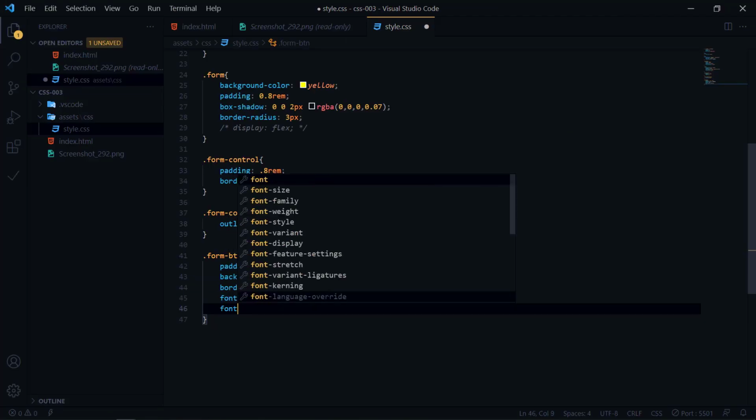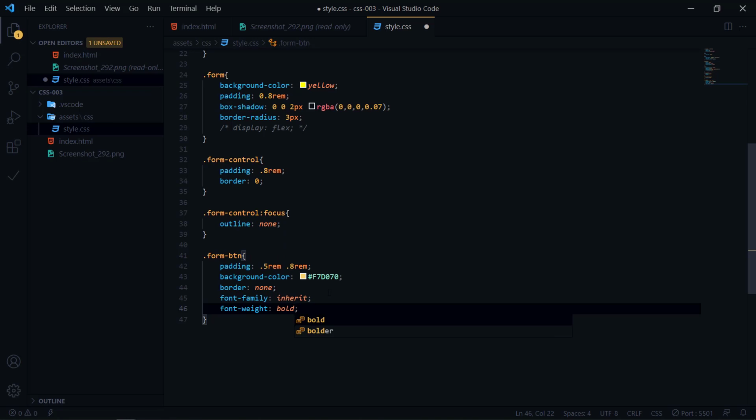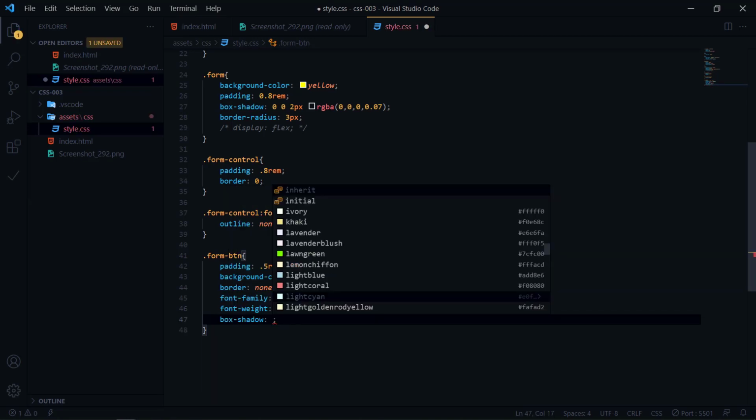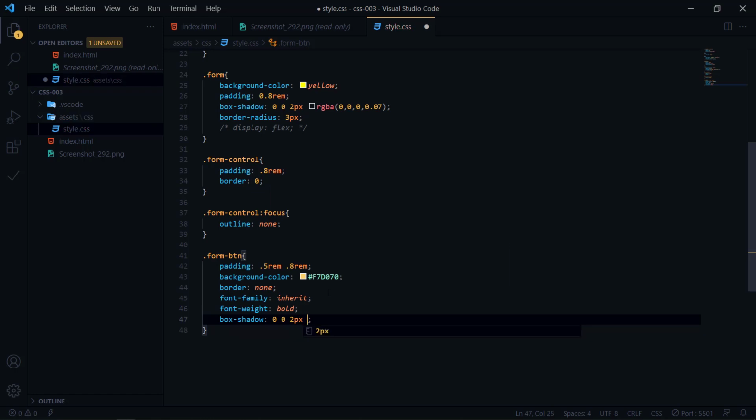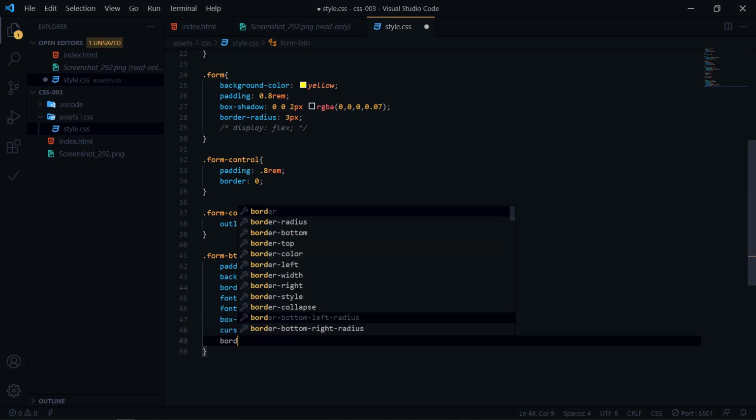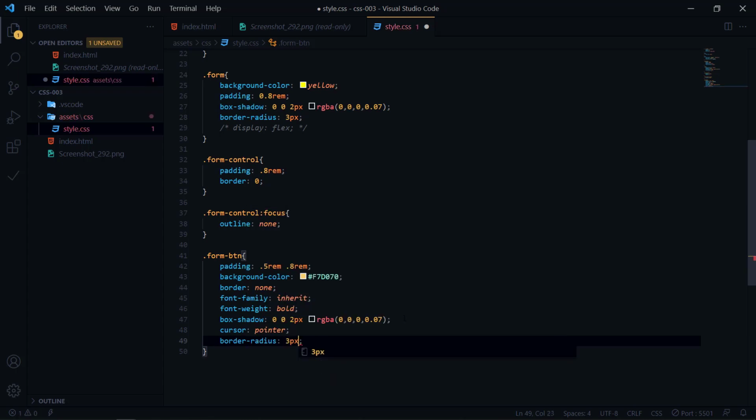And the next thing is font weight. I want it to be bold. And box shadow is 0 0 2 pixels, rgba, and same for the cursor, pointer, and border radius, which is 3 pixels. Okay,